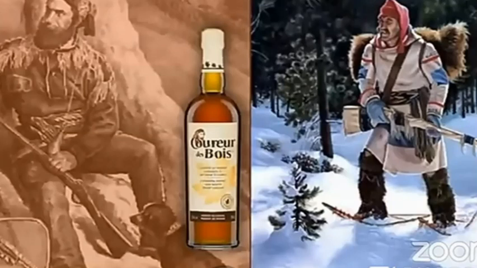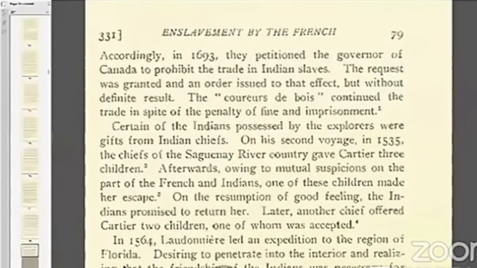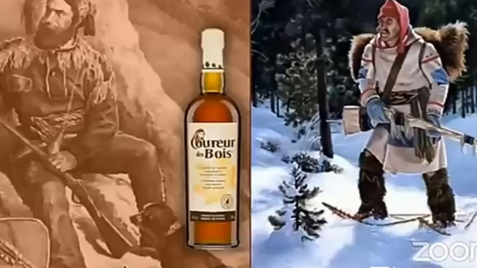They overestimated the influence of slave trading coureurs de bois on Pawnee chiefs. Accordingly, in 1693, they petitioned the governor of Canada to prohibit the trade in Indian slaves. The request was granted in an order issued to that effect, but without definite result. The coureurs de bois continued the trade in spite of the penalty of fine and imprisonment. It didn't do anything to change the outcome. American Indian slavery continued